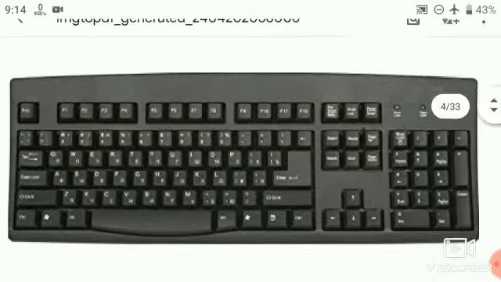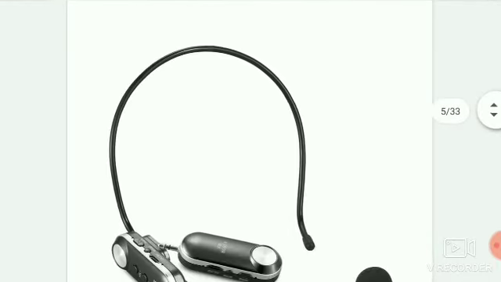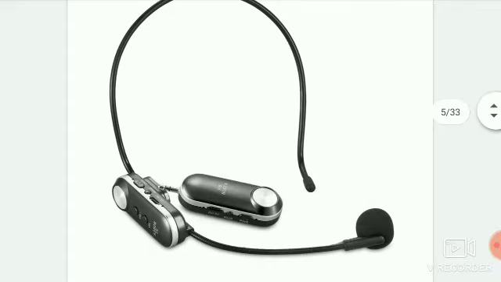After keyboard we use microphone. Microphone is a device that we can use to talk to people in different parts of the world. We can record some sound into a computer by using a microphone, and we can also record our speech and let the computer convert it into text. So we can use the microphone to record our speech and the computer can convert the speech into text.